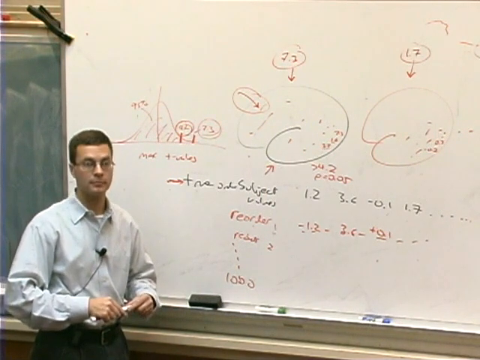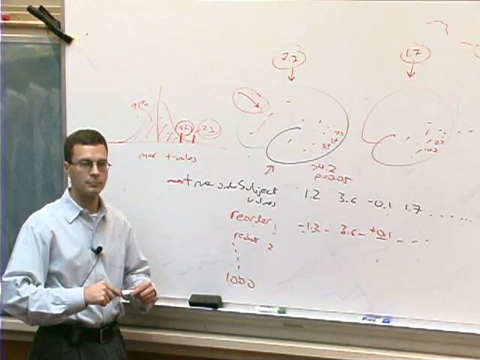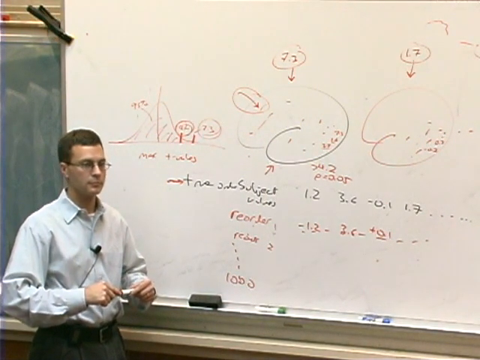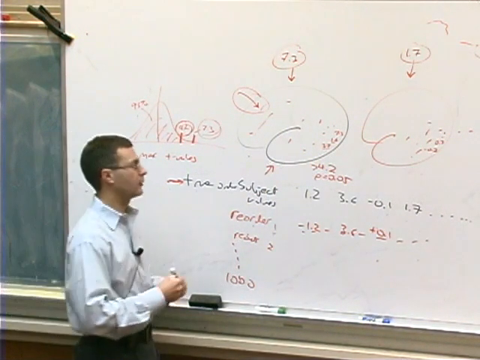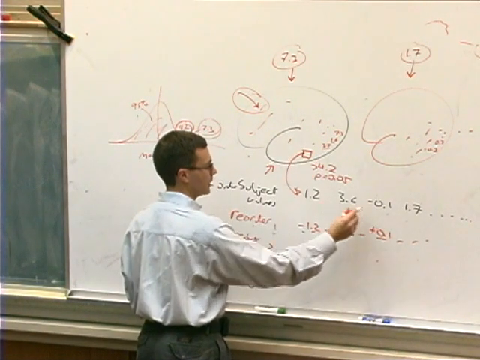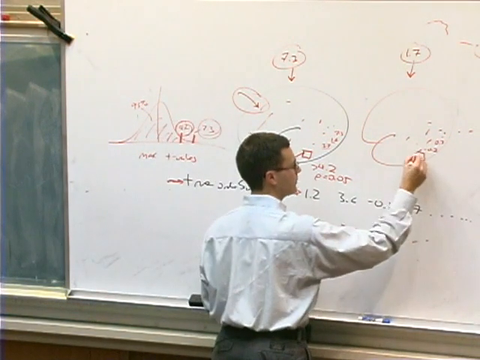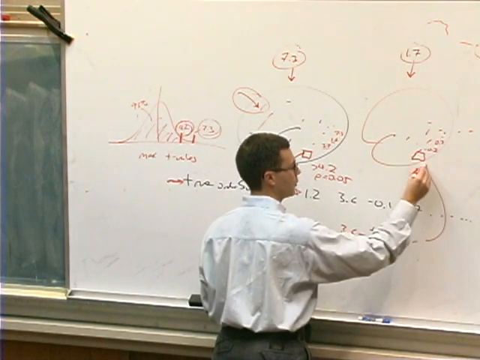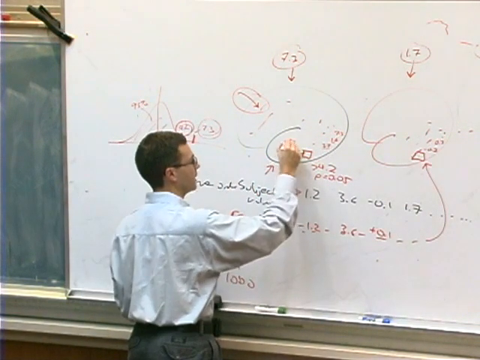Yeah? I'm confused by something. I thought you said you're just reordering the map, so that I thought you were changing around which voxels were where. No, you're not moving where the voxels are. You're saying, here's the data from a single voxel. Here's what the values were. Now I'm going to reorder those values or manipulate them in some way. And so the t-statistic calculated for this reordering of the data at this location is whatever it is now. And now I'm going to do the same process for a different voxel.